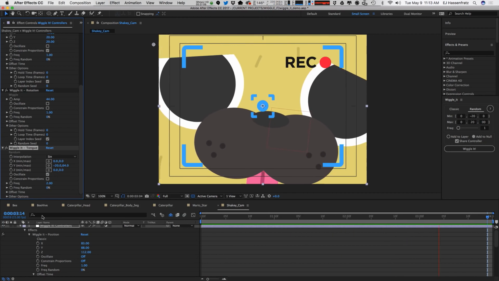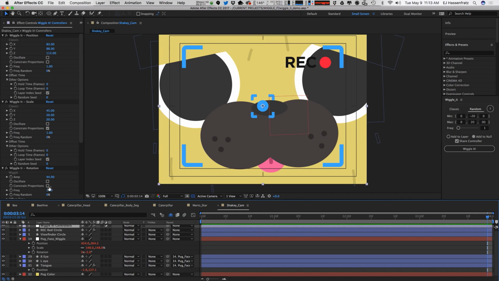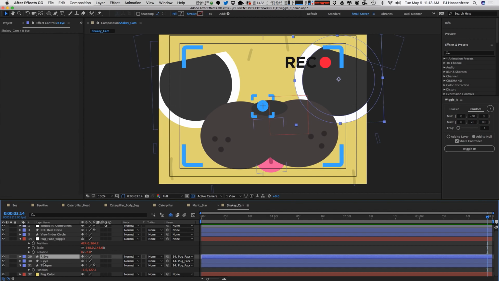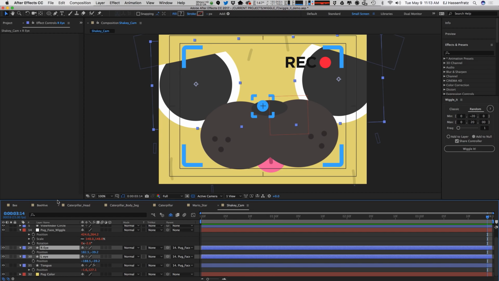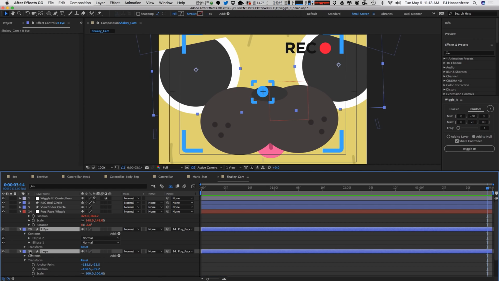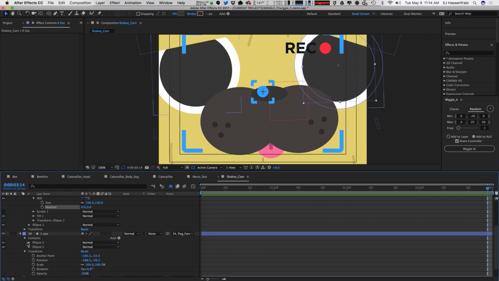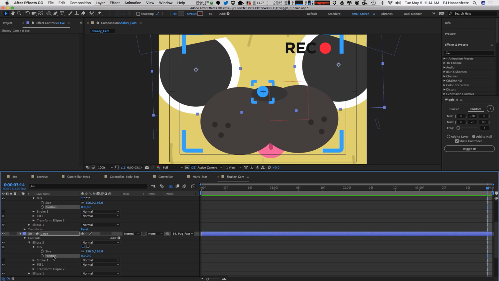And now what I want to do is, so I have the wiggle applied to the camera wiggle as well as the tongue. Now I want to apply some wiggle to the eyes, so it almost looks like the pug is looking around very nervously. So let's go ahead to our eye positions here, and I actually have two shape layers that make up the eyes. So what I want to do is go into my contents here, and it's the first ellipse, and if I go ahead and select the position on that iris, and then the iris position on this as well,